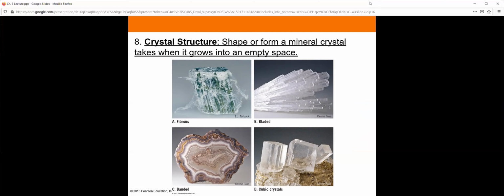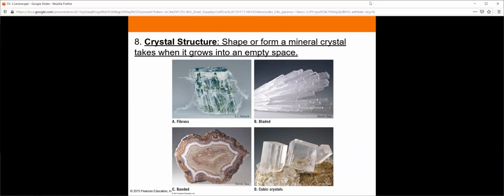If you're going to let the crystal grow, what's it going to do? Well, if it's going to grow in squares, we talked about that already, that's halite, that's salt. Salt tends to grow in these cubic crystals shown in D. Asbestos grows fibrously. Asbestos is a mineral, in case you didn't know. And funny part, asbestos is actually safe to eat. Asbestos is dangerous when it gets in your lungs, but it's not dangerous otherwise. My geology professor, when I took the equivalent of this class way back when, would always eat a chunk of asbestos in front of us when doing this demonstration because it's just a mineral, right?